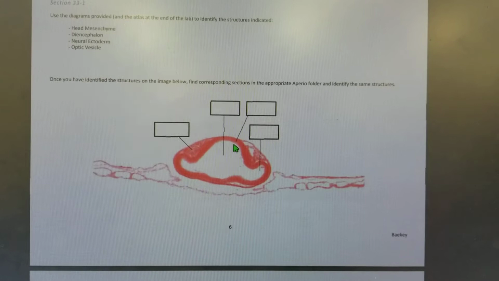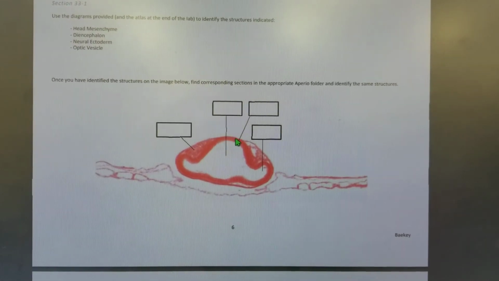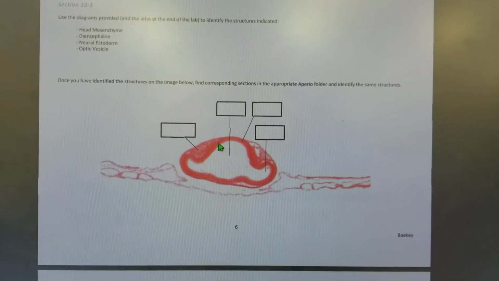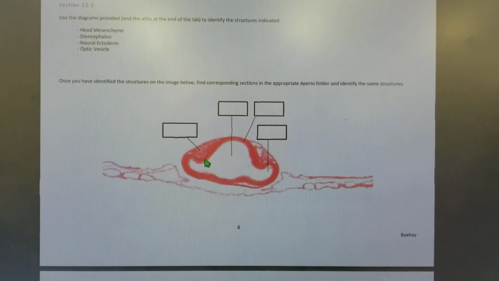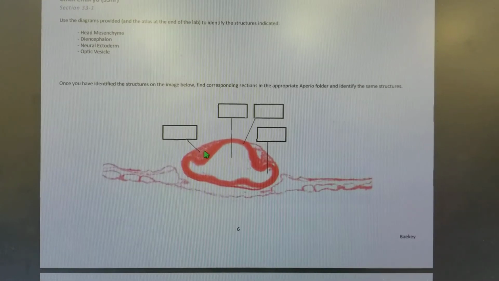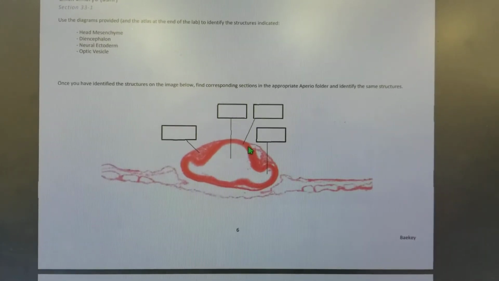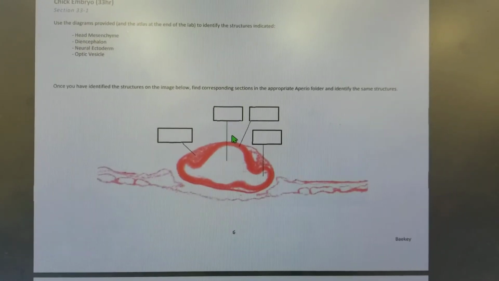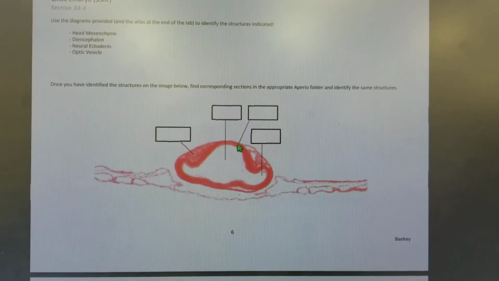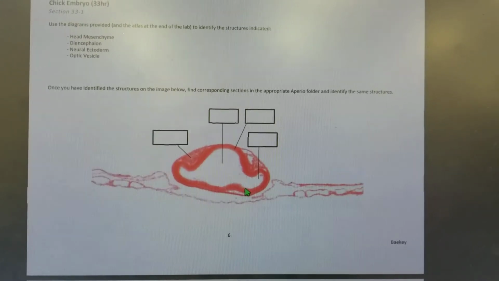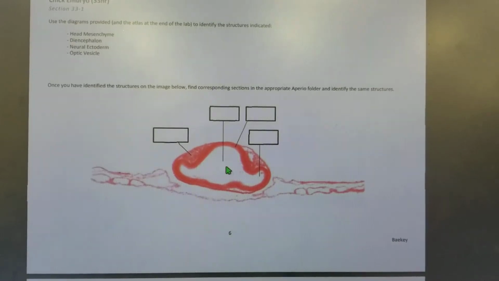This structure here, the bright red tissue that goes across here, is the neural ectoderm. Remember, this has taken place after gastrulation, after the germ layers have formed, and the nervous tissue is going to develop from the ectoderm. This is the neuroectoderm here, and at this stage, all the neural tissue surrounds the cavity, but